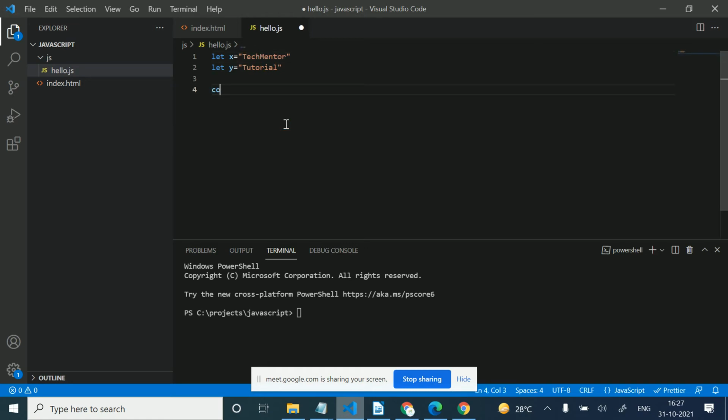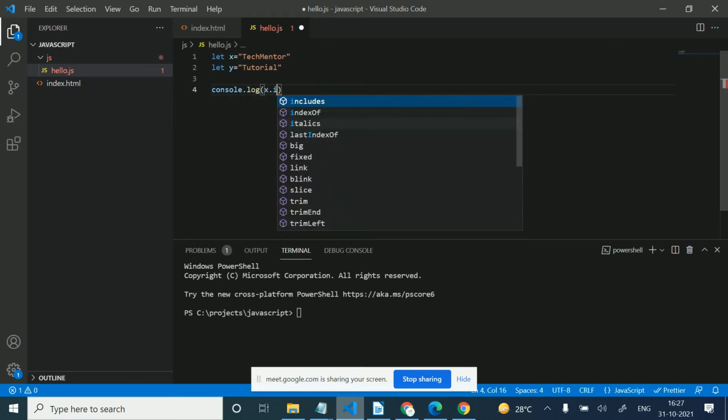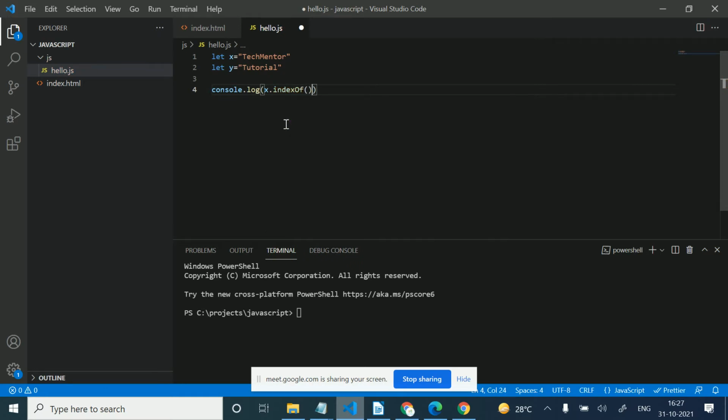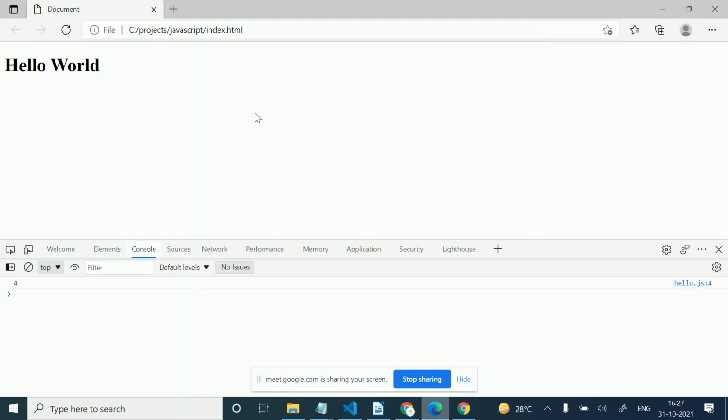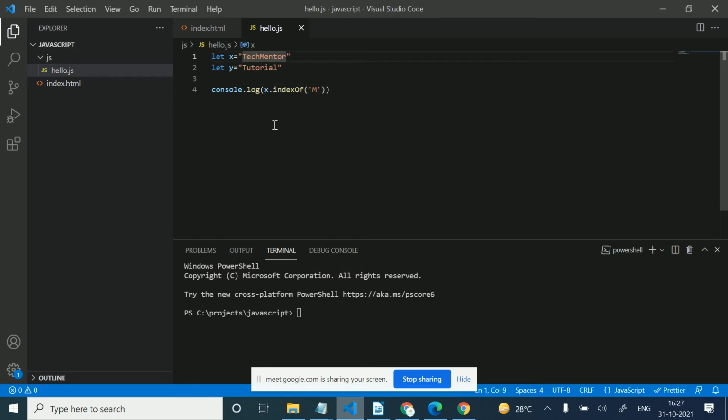So console.log x dot indexOf, indexOf what, m. Now let's refresh. 4, so we are getting 4, meaning 0 0 1 2 3 4. So m exists in the fourth position here, so we can get the position of any substring in that.